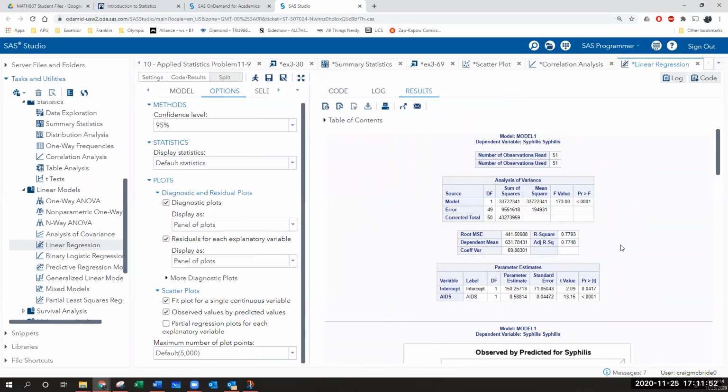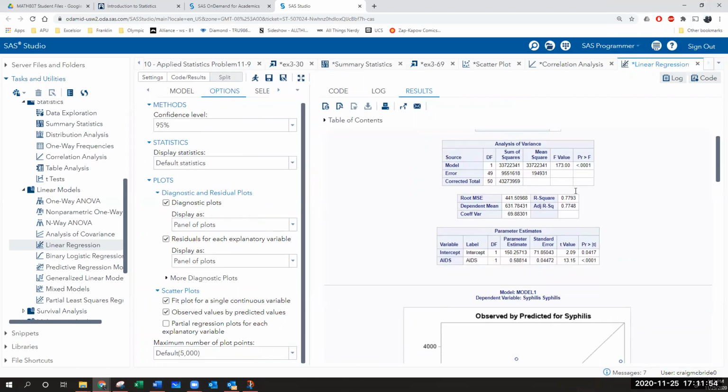But so this is a lot. Here is your R squared, which you didn't get from correlation, but if you know what R squared is, it's literally just your correlation squared. So you could just take your correlation and square it to get R squared if they ever ask for R squared, which sometimes they do.